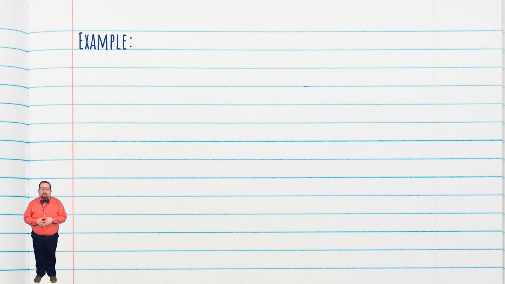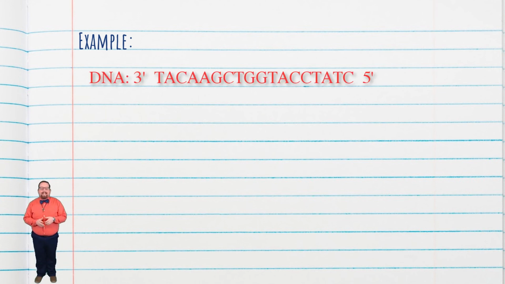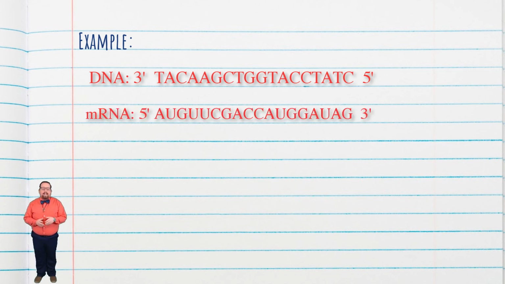As you just learned, we don't go straight from DNA to proteins. We've got to transcribe it to RNA first, and then translate that to decode it into amino acid sequences. So you need to find the complementary RNA-based sequence for your DNA strand. In this example, we're starting with a DNA sequence of TACAAGCTGGTACCTATC. Remember, when translating to RNA, an A pairs with U, T pairs with A, and C and G pair together. So the mRNA sequence would be